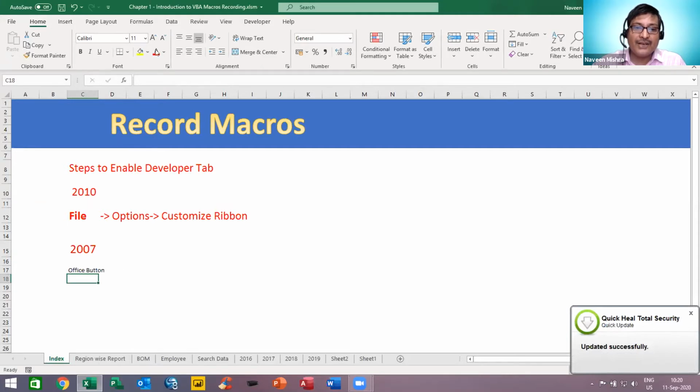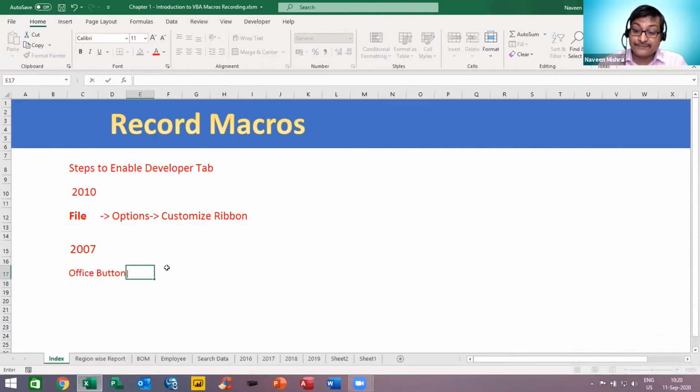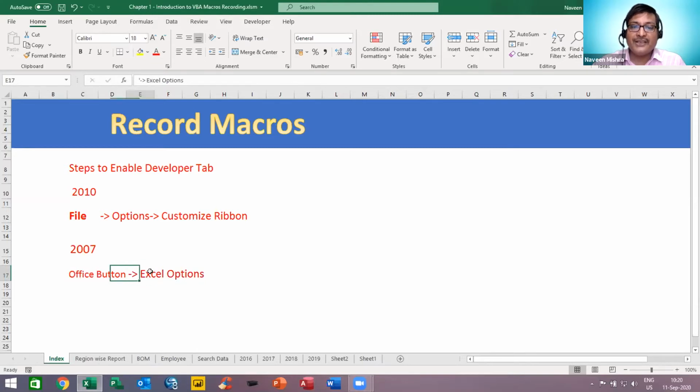Under office button, we can simply say Excel option. We can simply click on the Excel option, right? So office button, then Excel option.